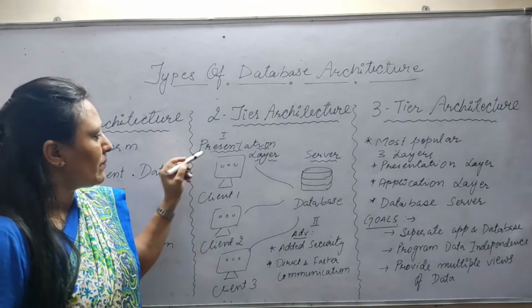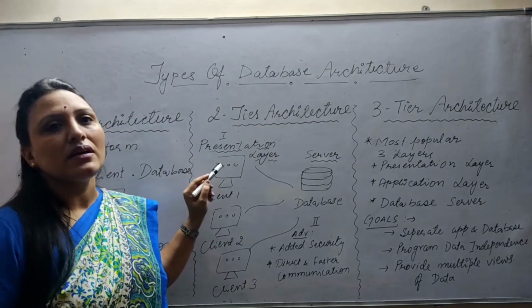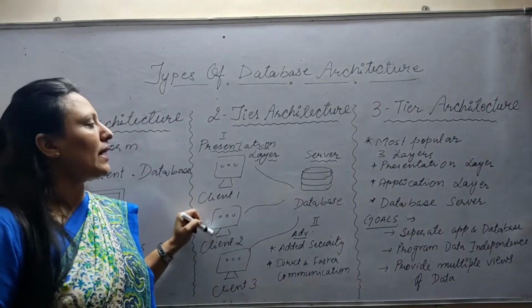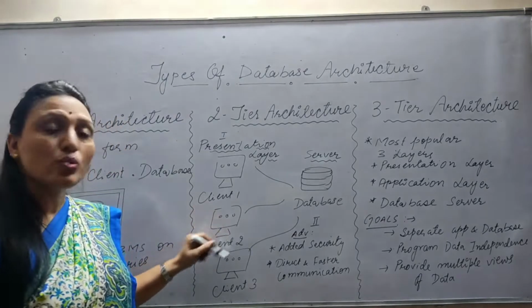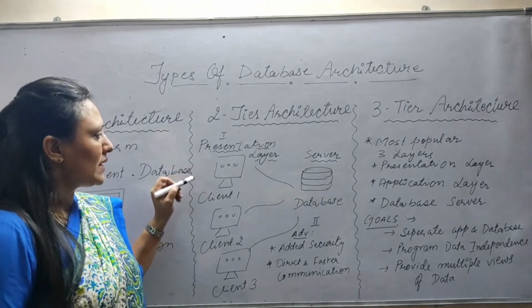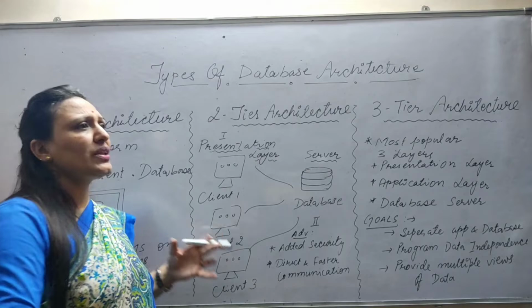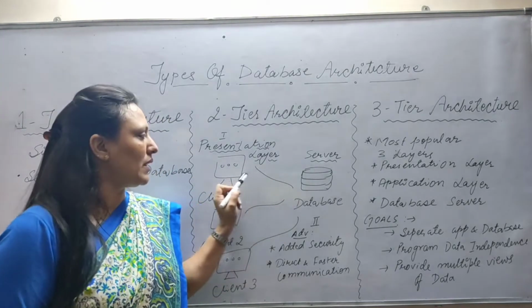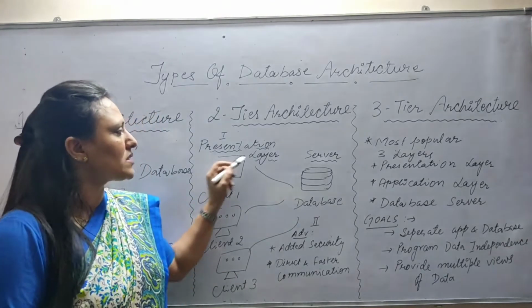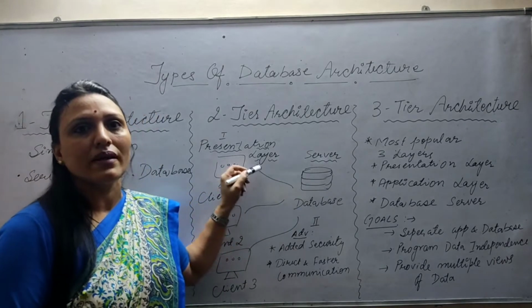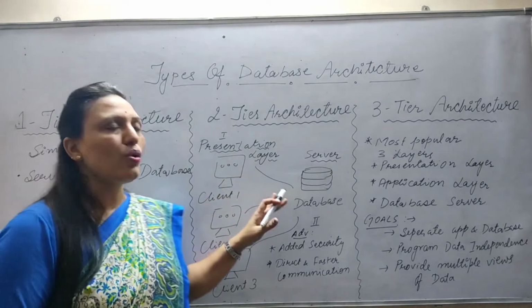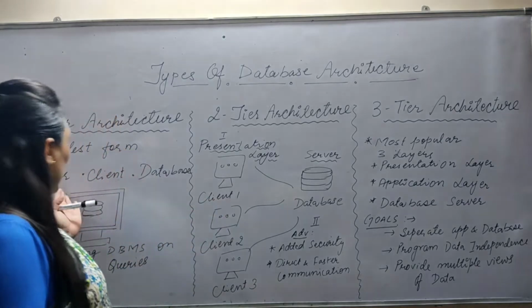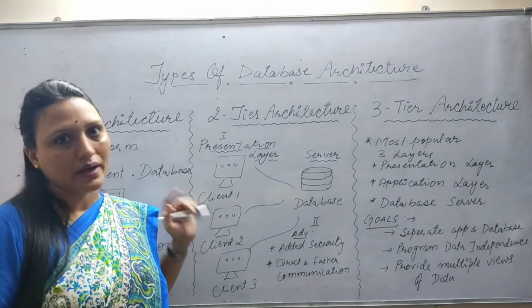How? See, client 1 can access whatever information client 1 needs. Client 2 can extract and access whatever information client 2 needs. It is not like client 1 gets all the information and then has to search through it. No, it communicates directly with the database and gets direct information from the database. There is no intermediary, no time-consuming process as in one-tier architecture, right?